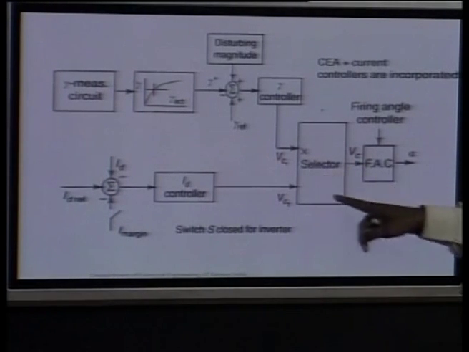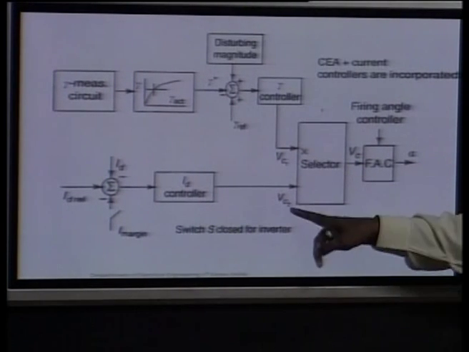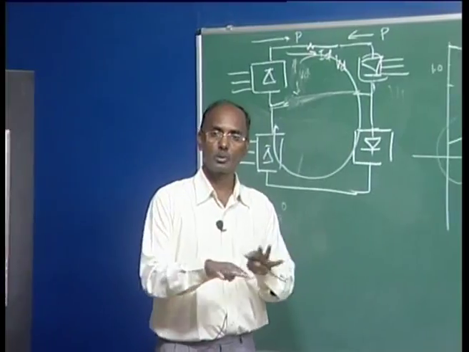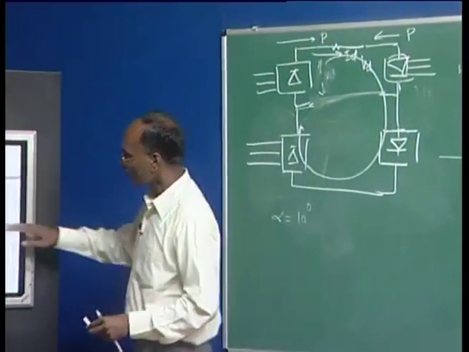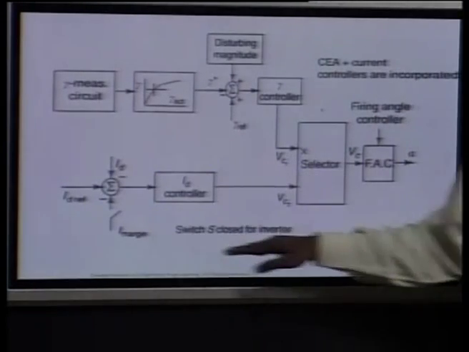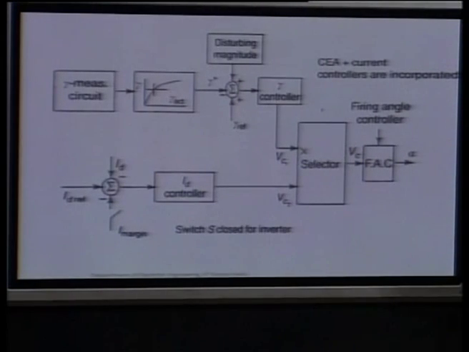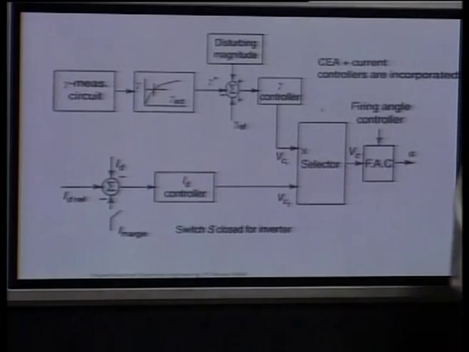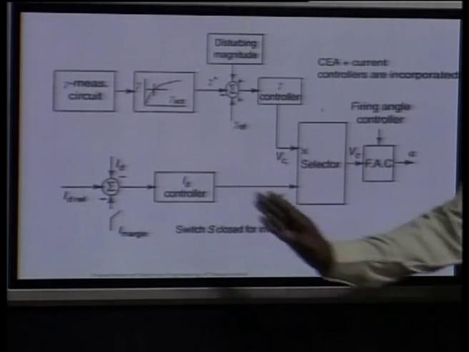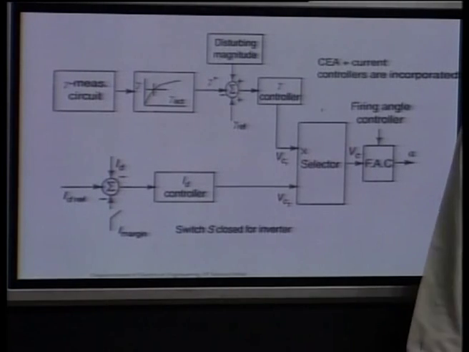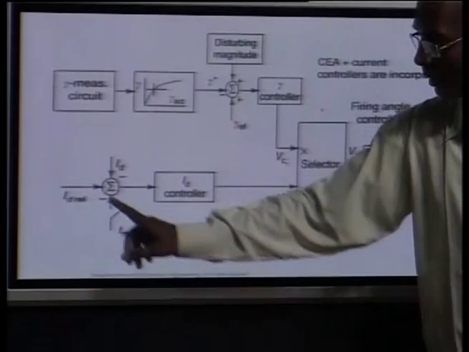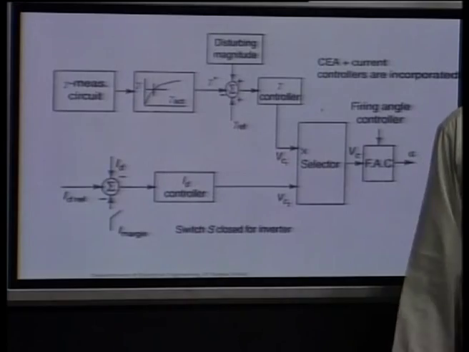Now how alpha is decided and how it is related here, we will discuss later on, how this is going to be visualized. Different schemes are there. So this is your rectifier end. Here one switch is given. This switch acts when there is a power reversal, because this Id is now going to change, and we are changing the margin.